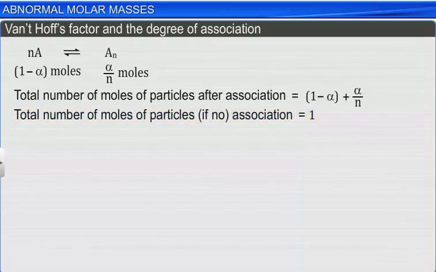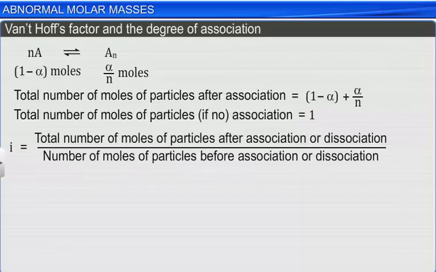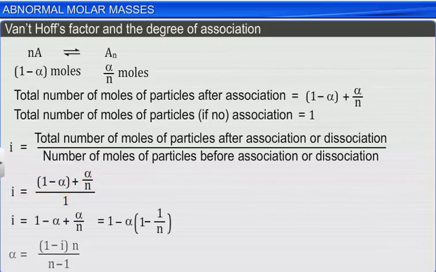Substituting the values of the number of particles in the relation i is equal to total number of moles of particles after association or dissociation divided by the number of moles of particles before association or dissociation, we get i is equal to 1 minus alpha plus alpha divided by n, divided by 1. On simplifying for alpha, we get alpha is equal to (1 minus i) multiplied by n divided by (n minus 1). Thus, if the value of n and Van 't Hoff factor i is known, then the degree of association, alpha,